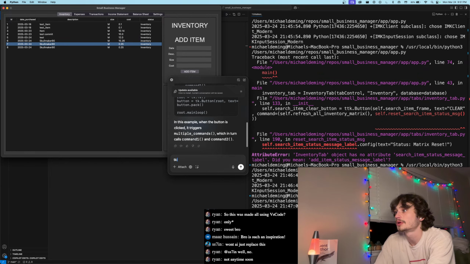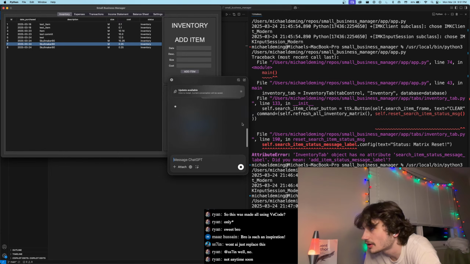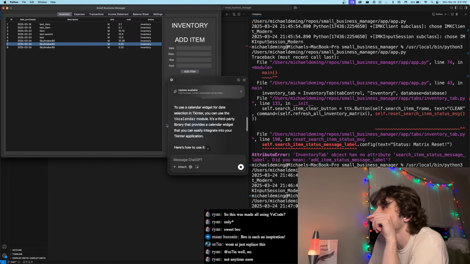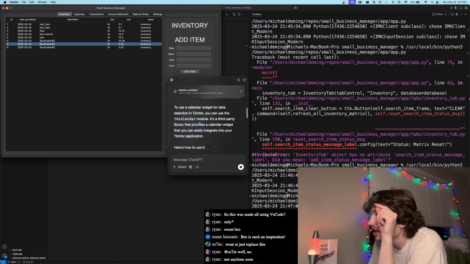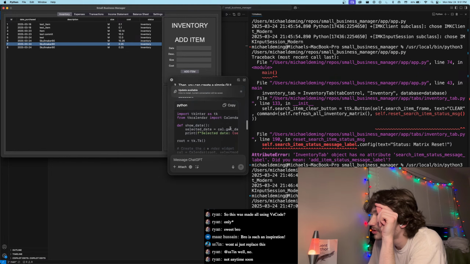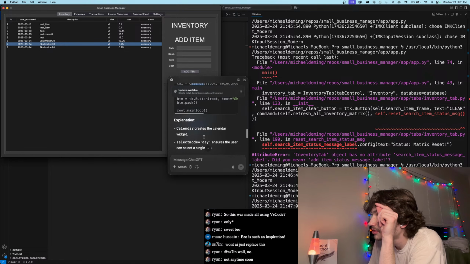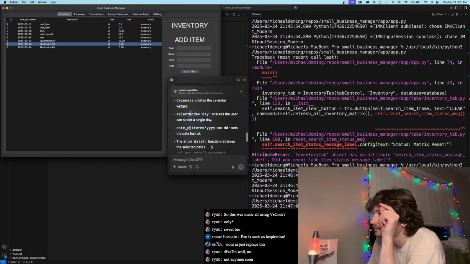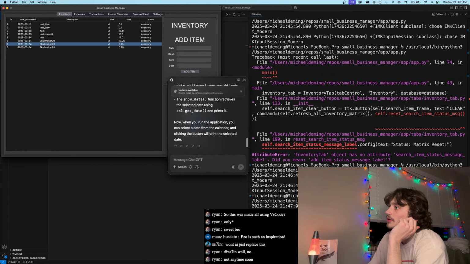Let's look up. Spelled calendar wrong. To use Tk calendar module, a third-party library that provides a calendar widget that you can easily integrate. First install the calendar widget. Calendar widget. All right, so